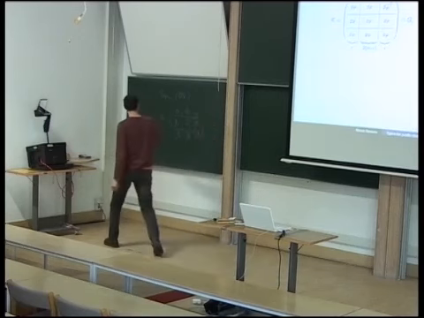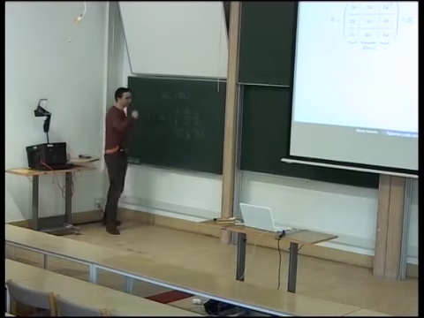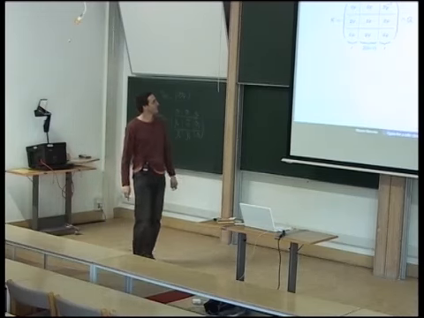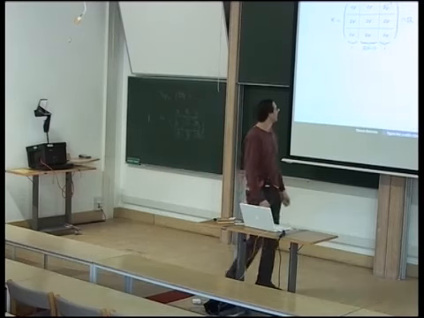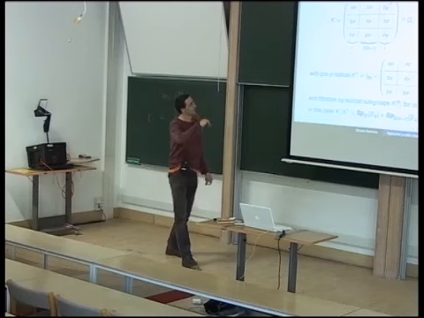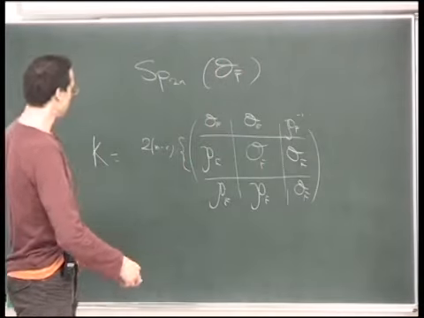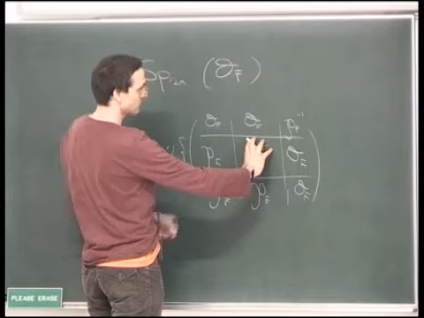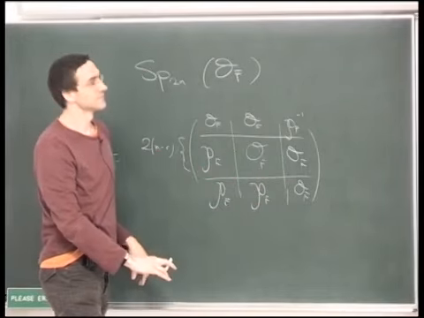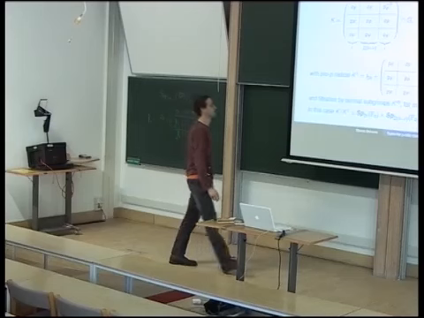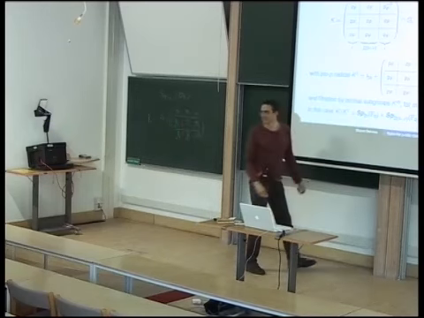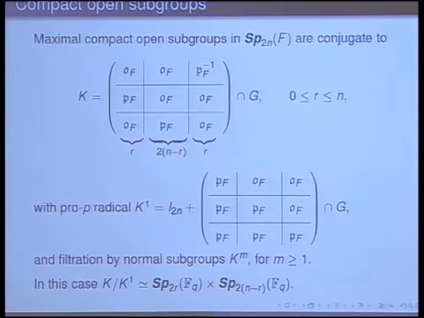So these are what the maximal compact subgroups look like, and again, we can look at their pro-p radical. What does it look like? Well, it's again things which are the identity mod p, except you only look mod p in this central block and in these outside blocks. So this should be a p squared now, because the one at the top should have been a p. So that's where you reduce mod p and not in the other blocks.